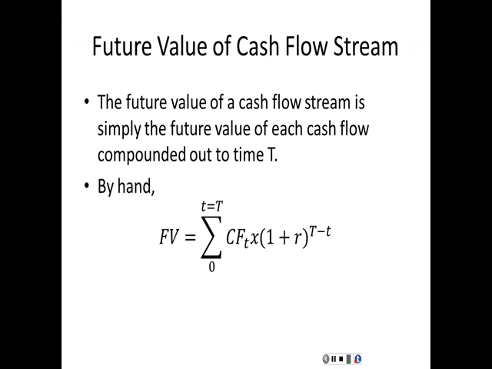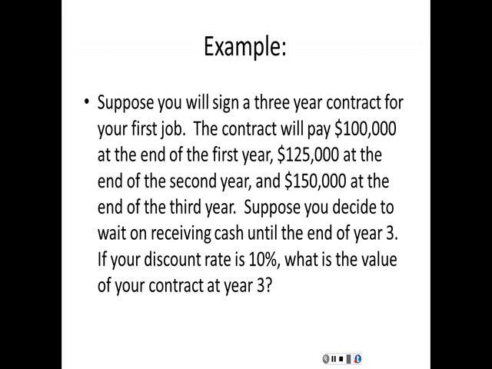By hand, here's our formula. So hit pause and read this example again. Notice we have the same example as before. We have 3 years. First year's 100,000, second year's 125,000, third year's 150,000. We want to find the value of this contract at the end of year 3. So in other words, if you didn't pay me along the way my salary, how much could you pay me at the end of the 3rd year to make me happy, or to make me whole, if you want to use a financial term? 10% is still our interest rate,